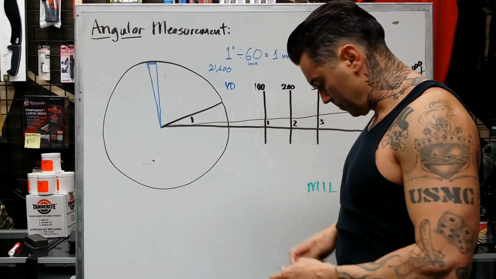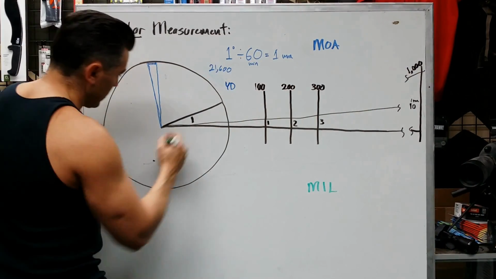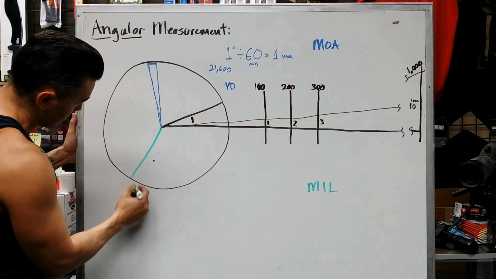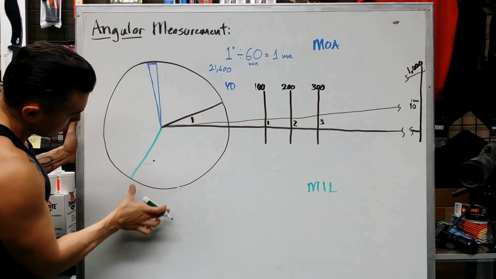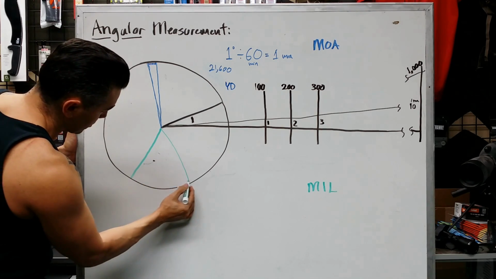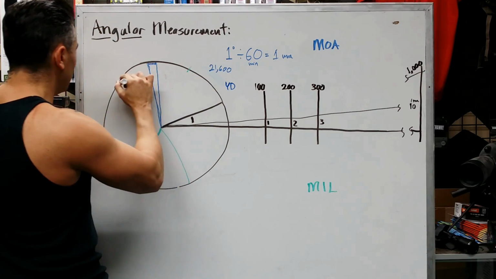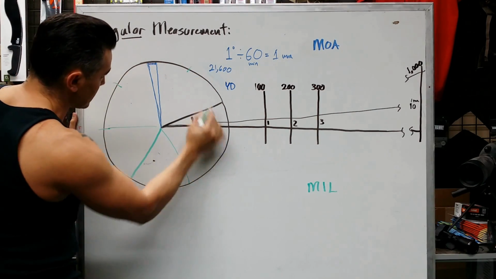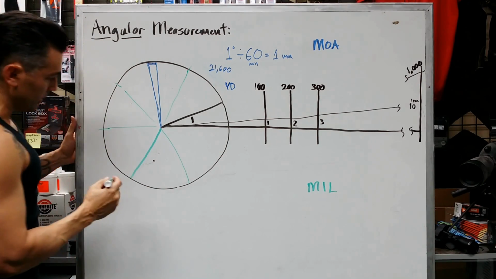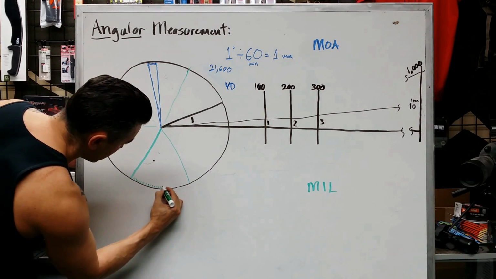Milliradians are different. If you take the radius, the distance from the center of the circle to the outside edge, and you flop that over onto the rest of the circle and then draw it back, that is 1 radian. There are about 6, so 1, 2, 3, 4, 5, 6 radians in 1 circle. A milliradian, milli is Latin for 1,000, is if you take one of these radians and split it up into 1,000 pieces,